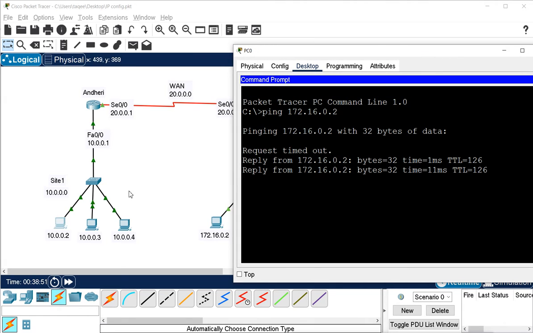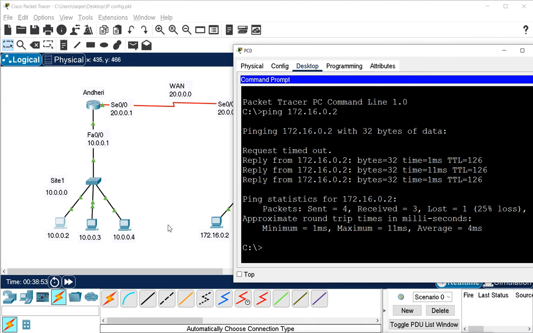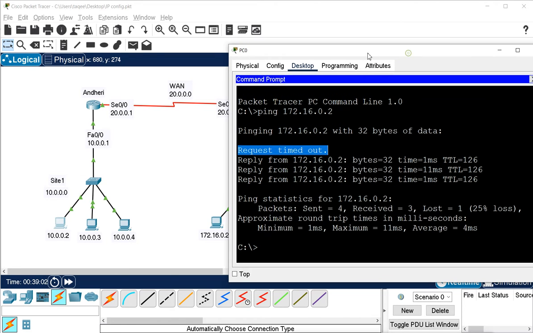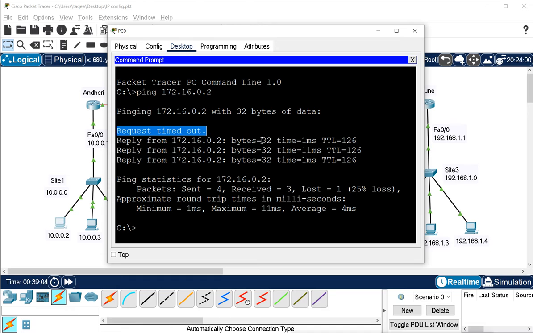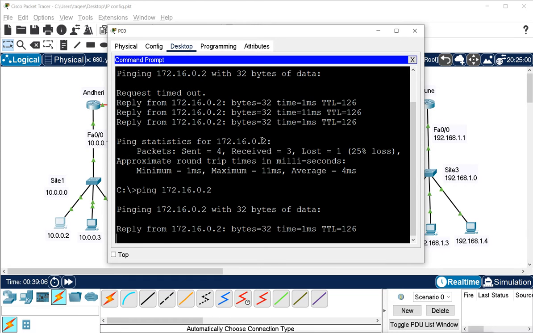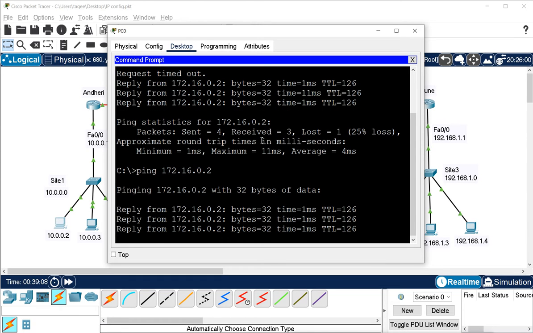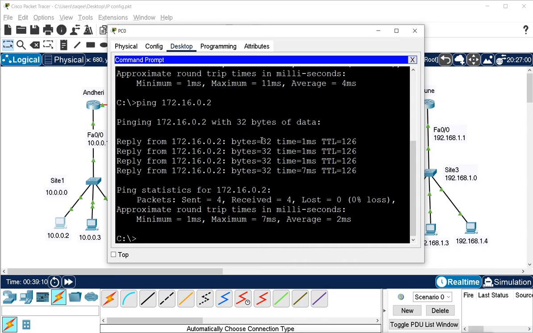I am pinging from this machine to this machine, and we are getting the reply because the routing is configured. The first packet is dropping. I will show you why it is dropping, but next time when I ping, it will not drop any packet. Only the first time it drops one packet.